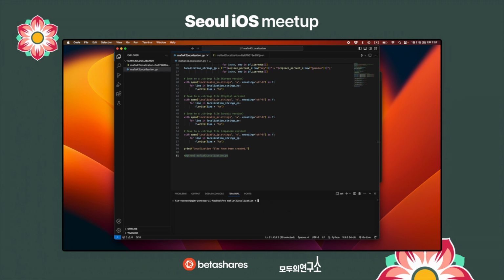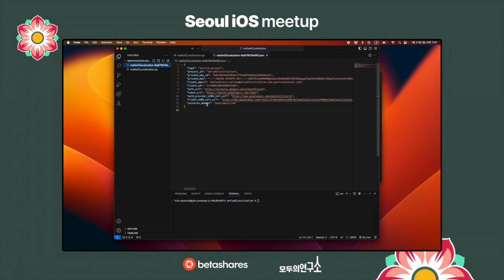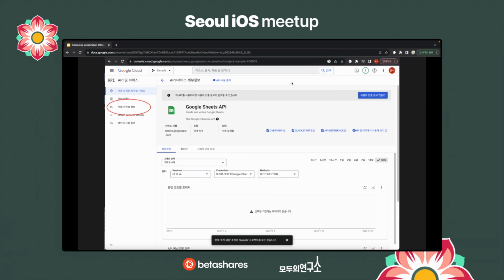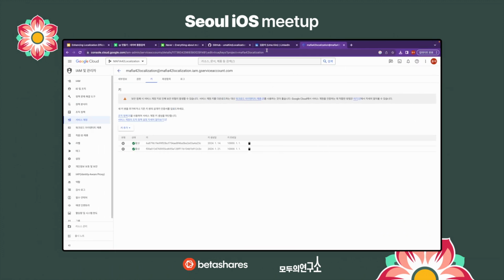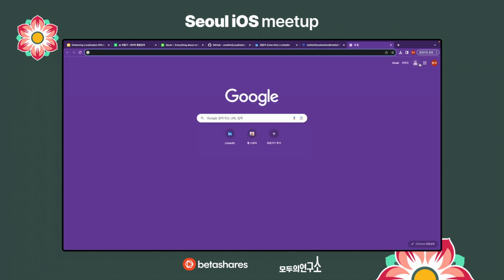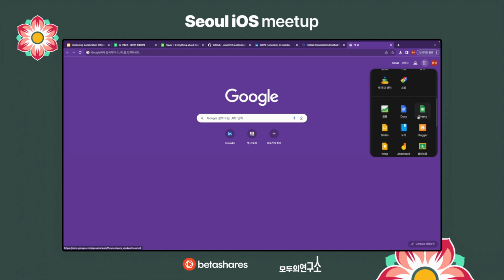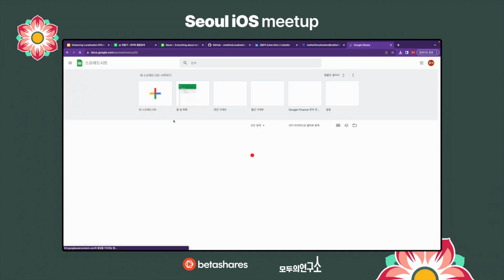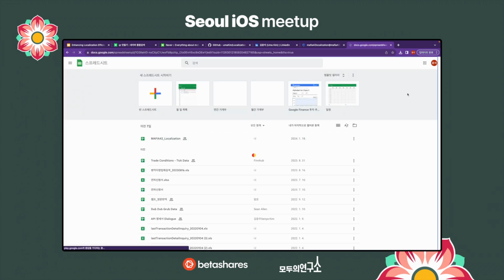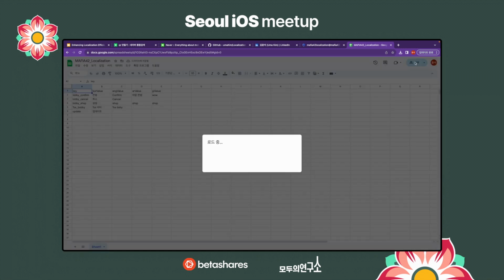After you download the JSON file, you're going to see a JSON file like this. Inside of this JSON file, you need the client email here. Please copy and paste this, and you need to share the email with your Google spreadsheet here.